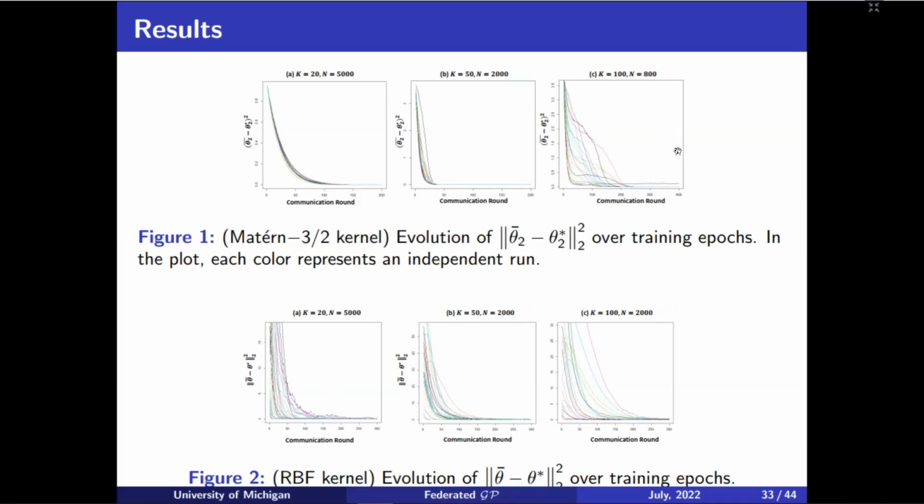From this figure, as you can see, there are some fluctuations during the convergence. This is because on each device, we only have around 8 data points. Remember that the convergence results are also affected by the mini batch size M. If the M is too small, you can see there's some statistical error in the convergence bound. And also the convergence speed is slightly affected by the small batch size. And similar results will hold for the RBF kernel.